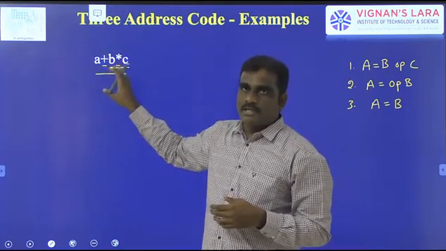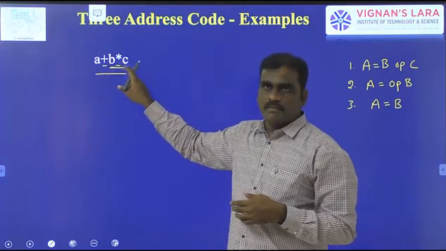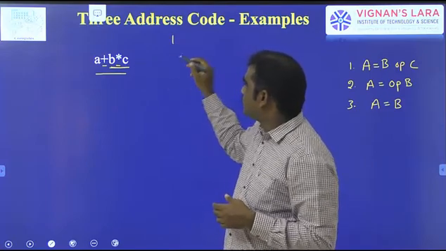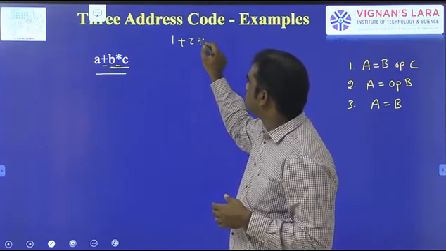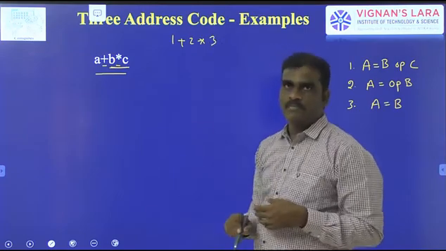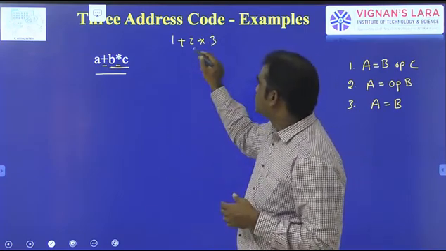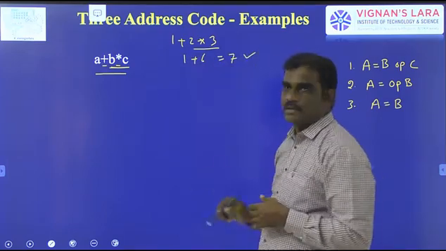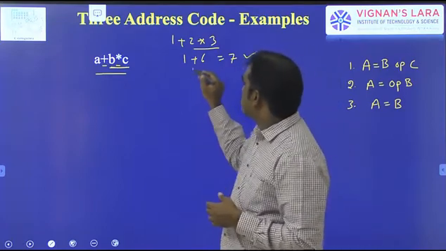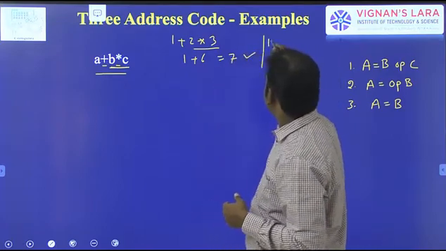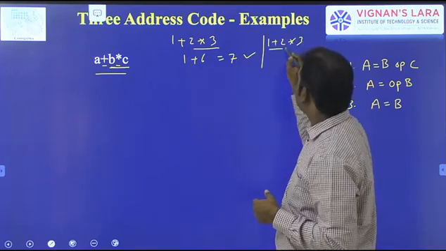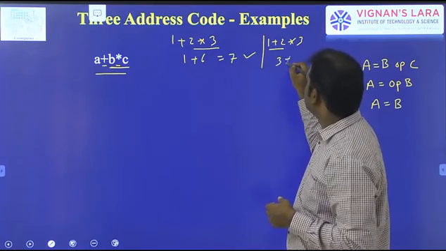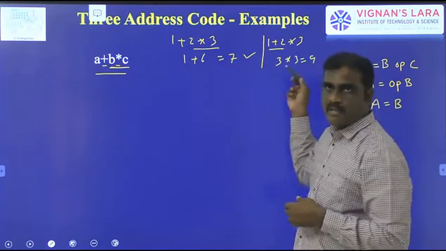What is the actual meaning of the statement here? We are performing two operations, the addition and the multiplication. For example, take A equal to 1, B equal to 2, and C equal to 3. The actual result is 2 star 3, so 1 plus 6, and the result is 7. This is the correct one. Suppose you perform the addition first, 1 plus 2, 3 star 3, this is 9. Anyway, you will get a value, but this is